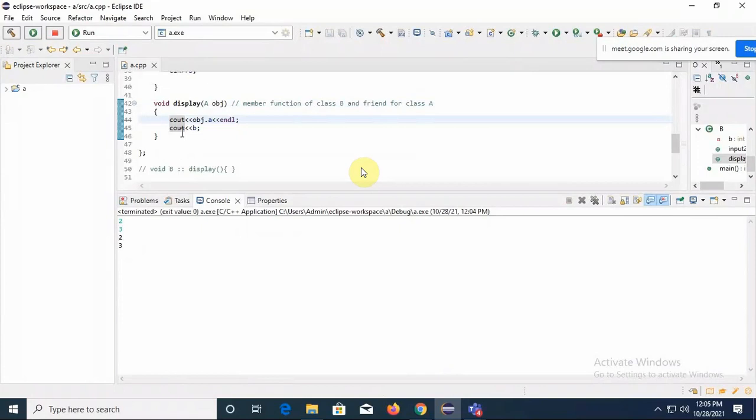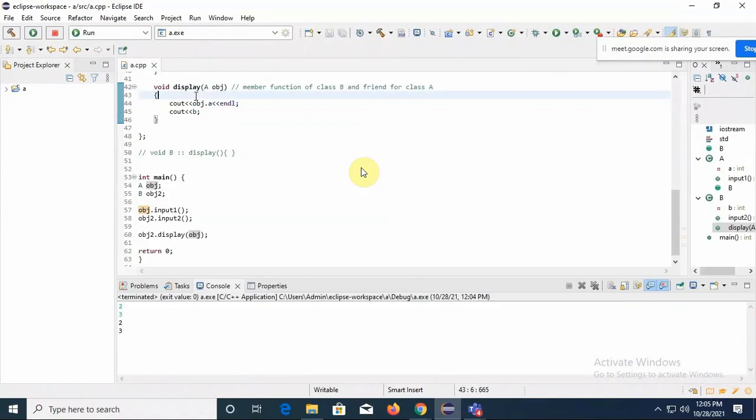So you can see I'm giving a call to display from here and I'm passing this object here. Fine. When I declared it here, it was not resolving it, so I just modified my code. I am passing the object here as a parameter and tried to modify it, so it is showing me the value of A and B.